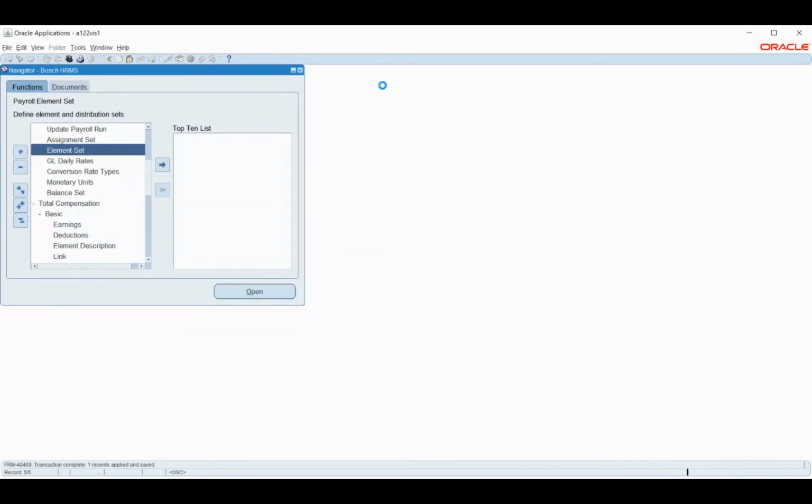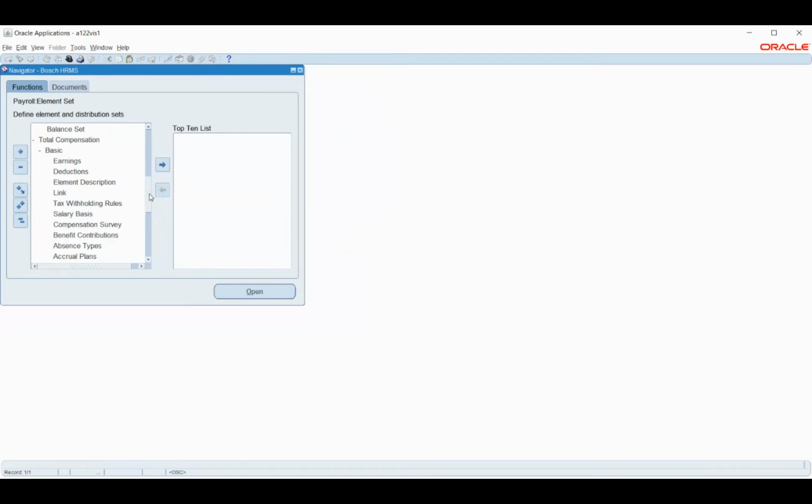Okay, so now we have given the elements to this particular payroll. We have different ways of running the payroll. One is manual, and the other is running through a concurrent program, which is nothing but a batch process.